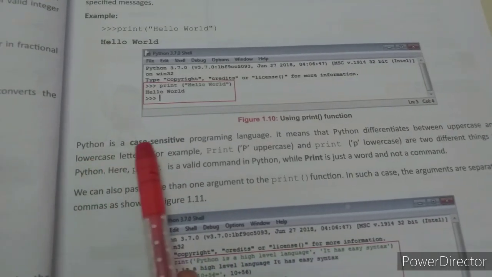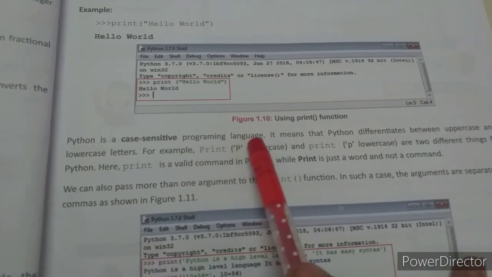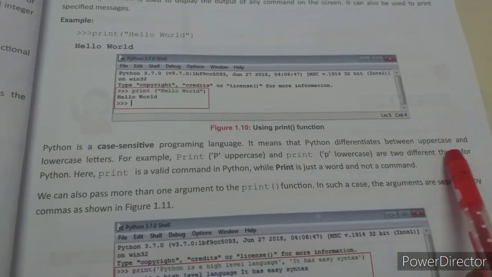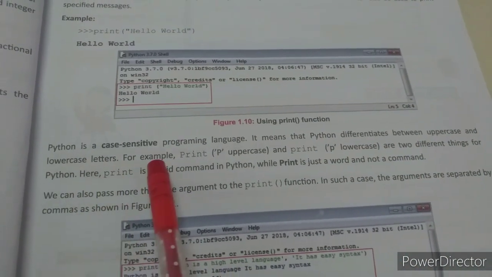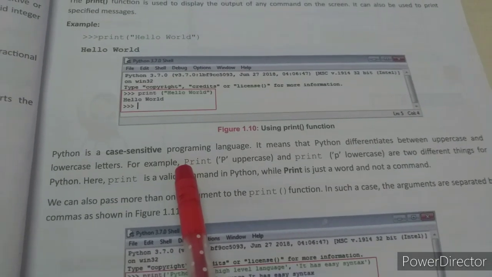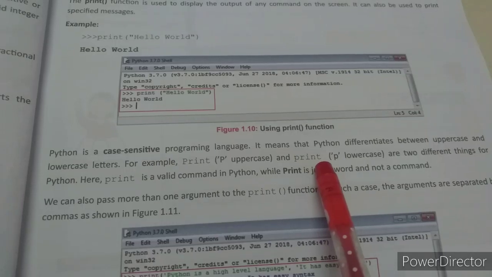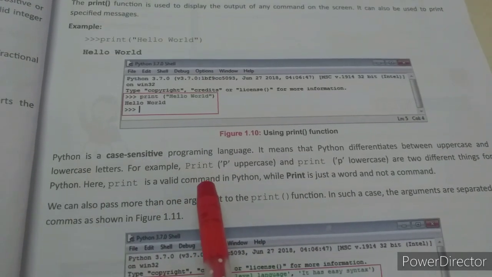Next, Python is a case sensitive programming language. As I said, Python differentiates between uppercase and lowercase letters. For example, here P is an uppercase letter and here p is a lowercase letter. So what is a valid command?